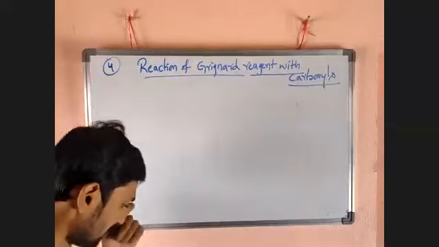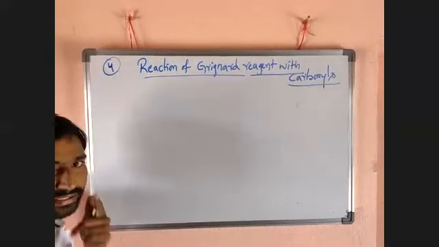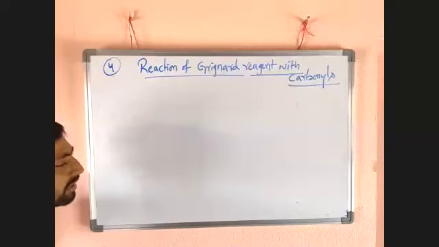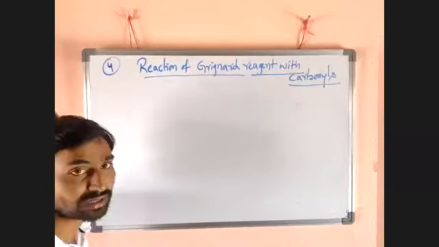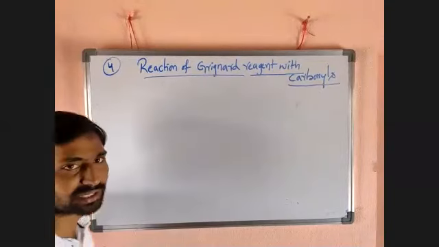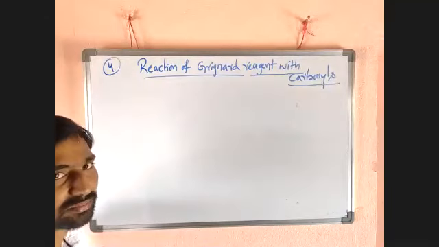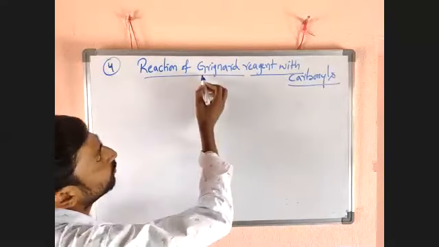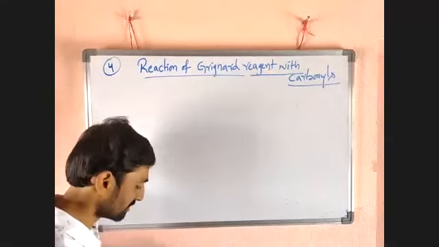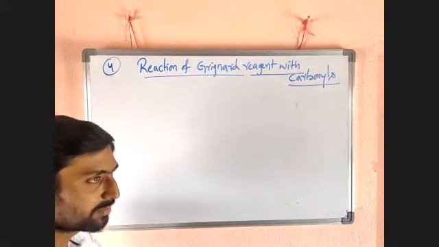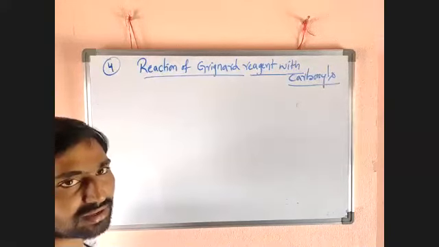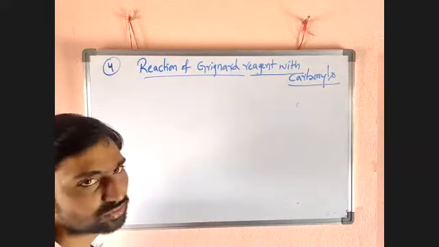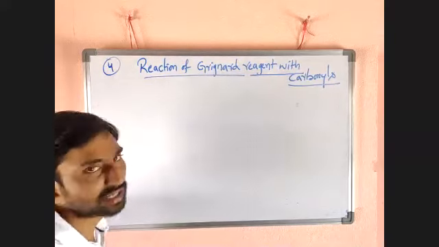Generally I discussed this in alkyl halides. I want to directly take applications. What are carbonyl compounds? I already told you in the last reaction: aldehydes and ketones are nothing but carbonyl compounds. What is a Grignard reagent? Already we discussed: alkyl magnesium halide, RMgX, or aryl magnesium halide, where aryl is a benzene ring with magnesium halogen. So the combination is nothing but a Grignard reagent.